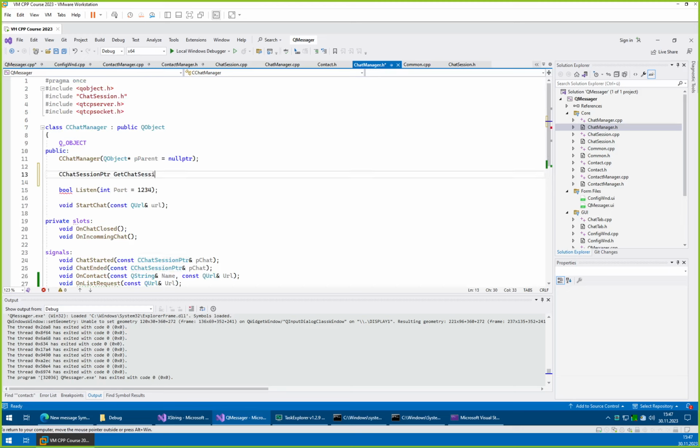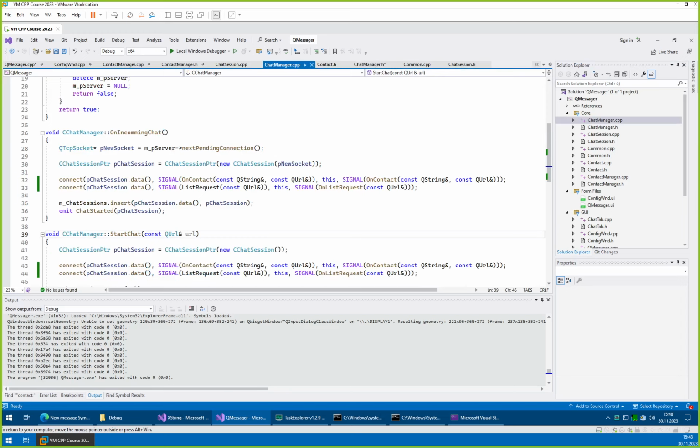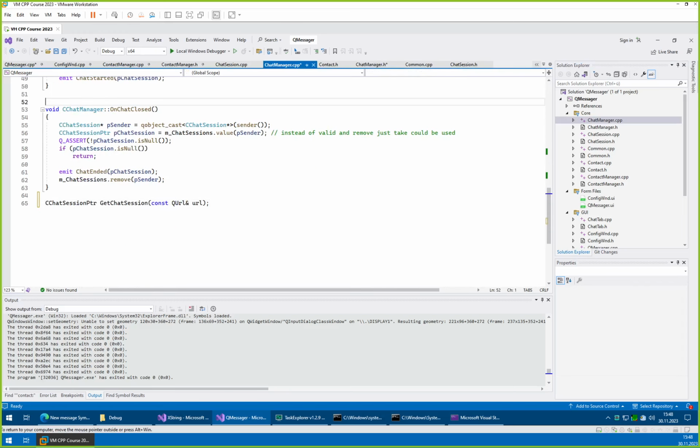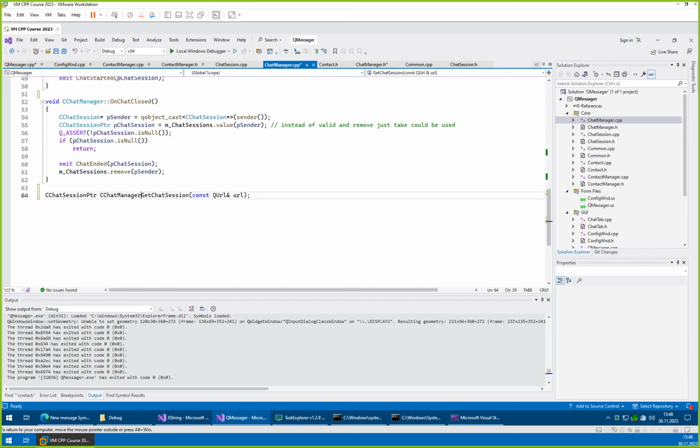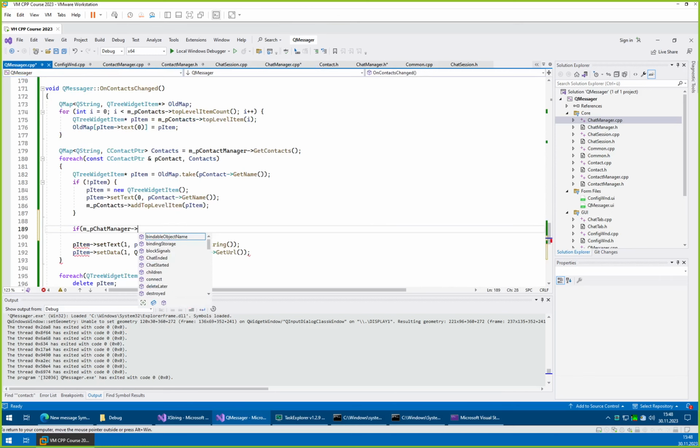So get chat session, and it should take a URL as parameter. And if it returns something, then we can mark it bold, and if it returns nothing, we don't mark it at all. So let's quickly add a body that just returns nothing. And so here, get chat session. We need to get the URL again. Contact URL, and if this is not null,